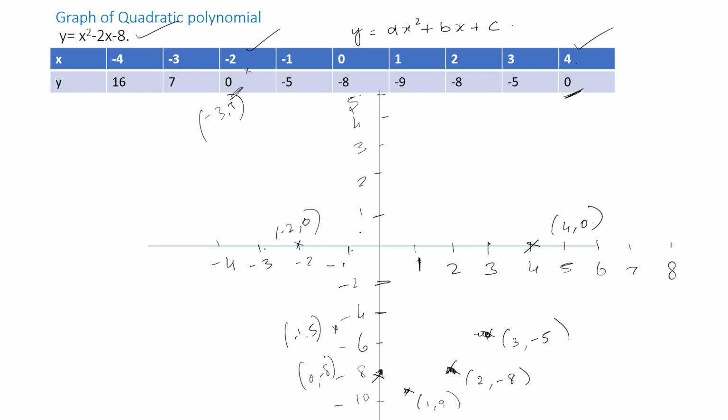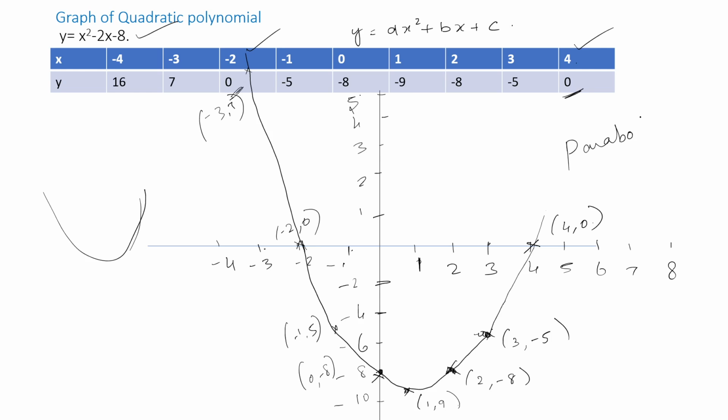Okay, done. So now I am going to connect all the points whichever we have marked. See, this is a U-shaped graph, like this it should come. A U-shaped graph is nothing but a parabola. The parabola where it cuts the x-axis is the 0 of the polynomial. Why? On substituting 4 in this equation,